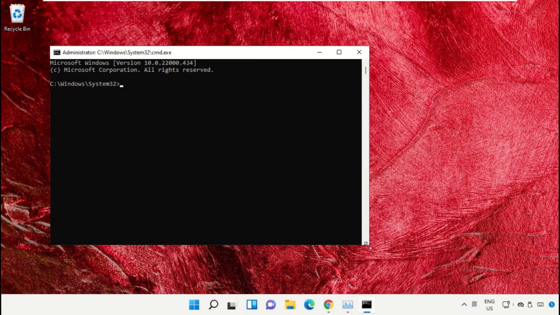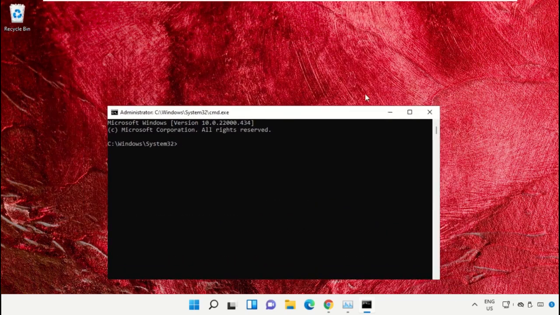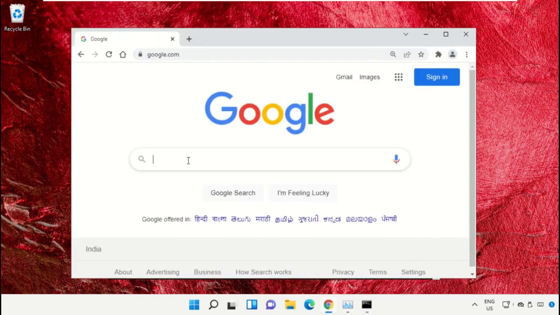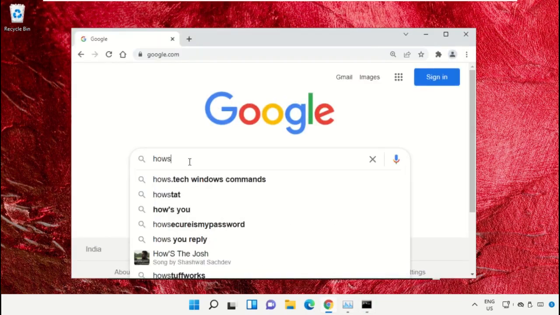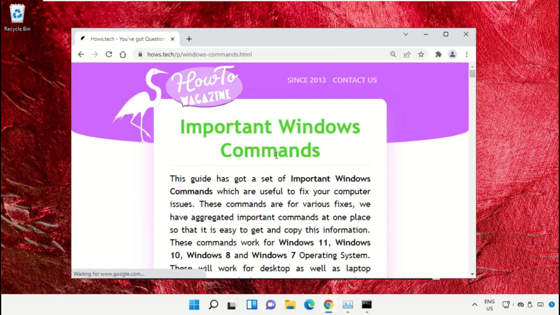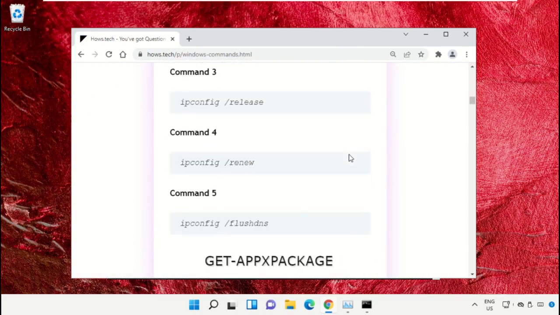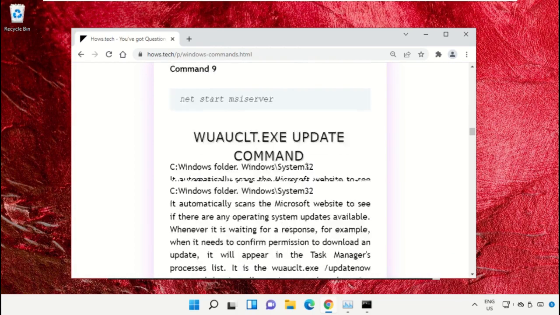To avoid mistakes, we already have list of commands to make it easy for you. For that, open Google Chrome web browser, then type hows.tech Windows commands and hit enter. Now click on this link, which is from www.hows.tech. Now just scroll down